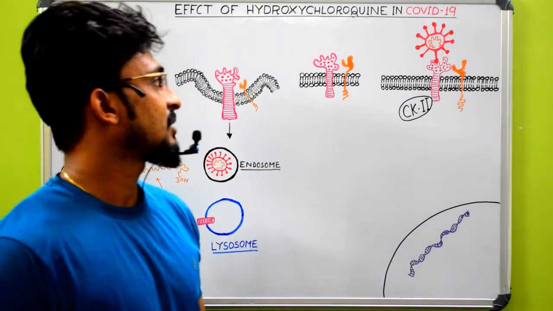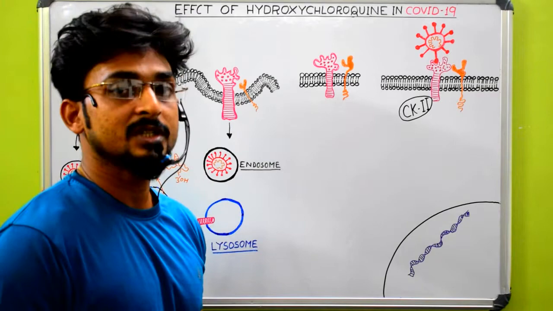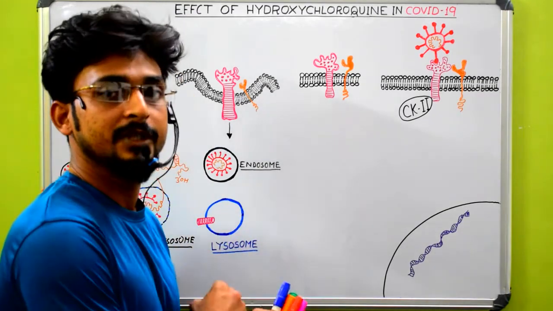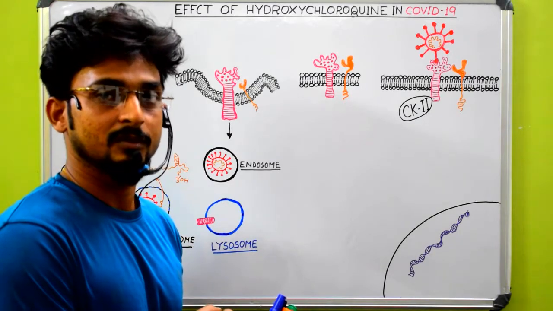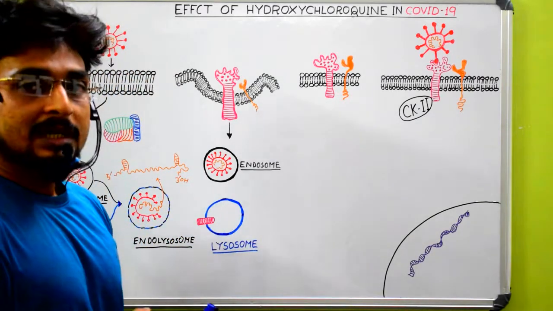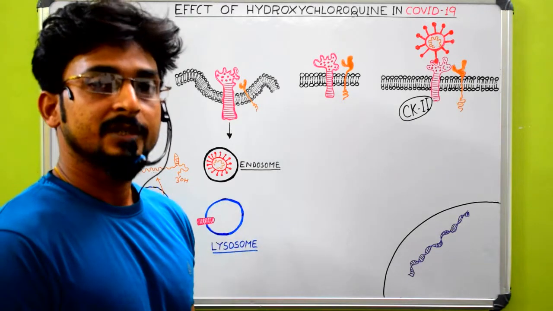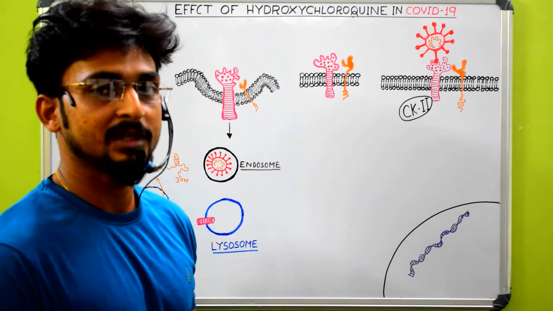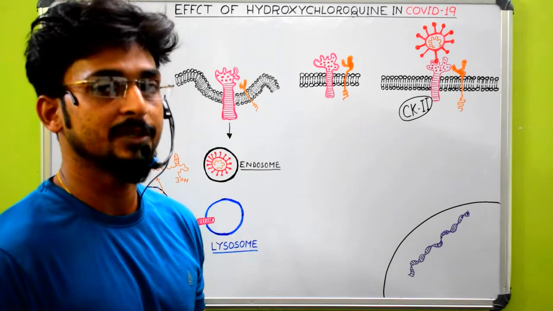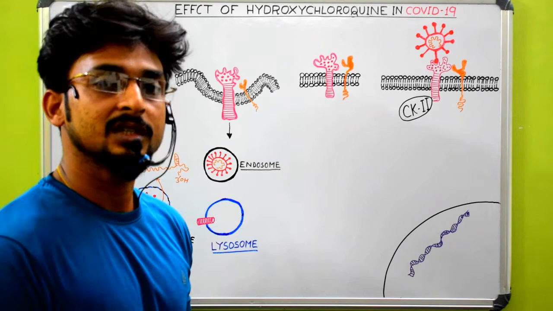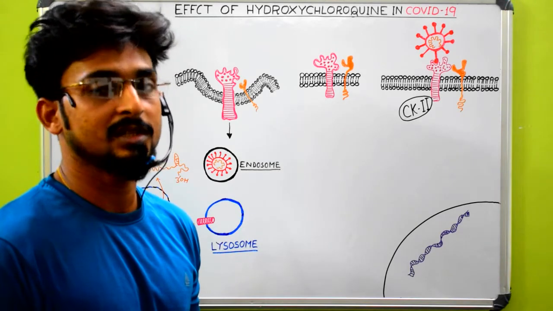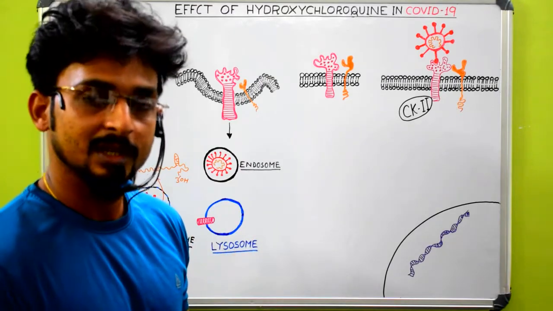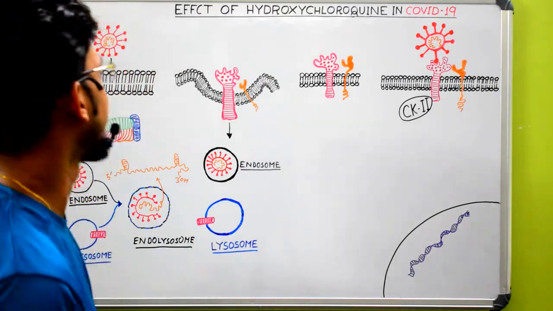Okay, so let me start, and before going ahead, let me first tell you the basics. This is a basic and very brief video, so don't expect much detail from here. As you all know, the coronavirus affects our respiratory tract. Basically, the type 2 pneumocyte cell present on the surface of the upper respiratory tract has a particular receptor on its surface, known as the angiotensin converting enzyme 2 receptor, through which the virus takes entry inside the type 2 pneumocyte cell and affects the cell.